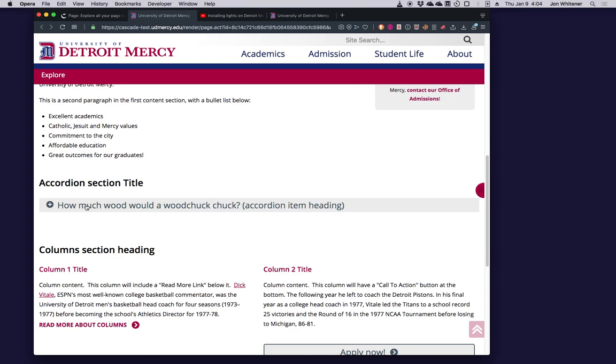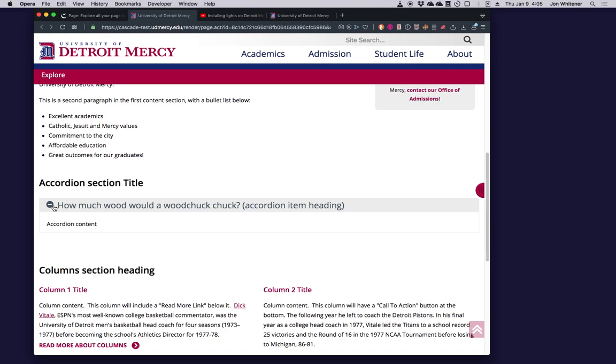And you could have each one of these shaded areas, these accordion item headings, would be the questions, such as how much wood would a woodchuck chuck? And those could all be stacked in a small amount of space, and people could scroll through them, find the question they want, and click it and get the answer.